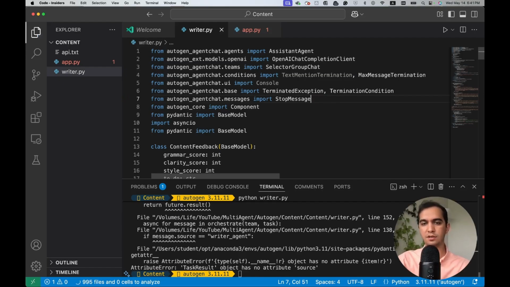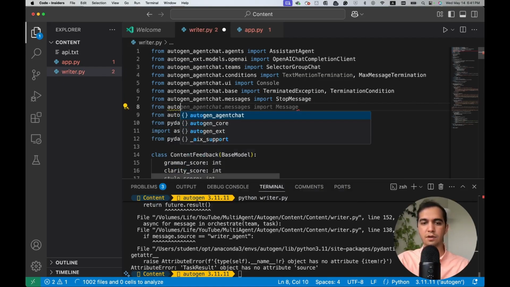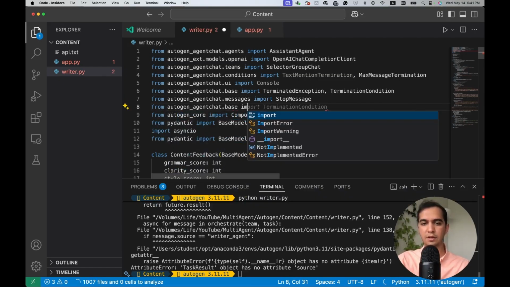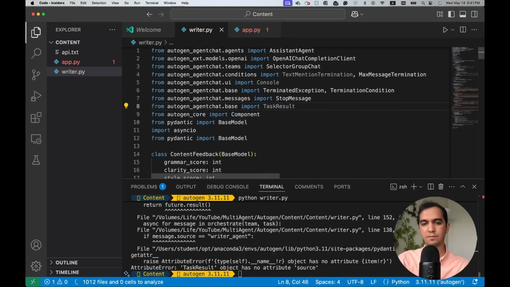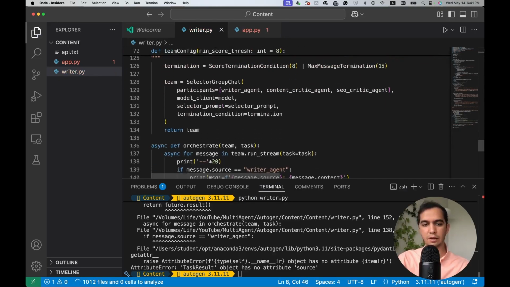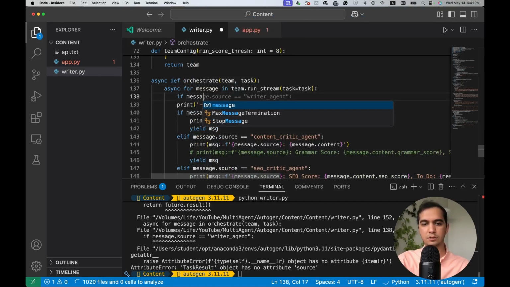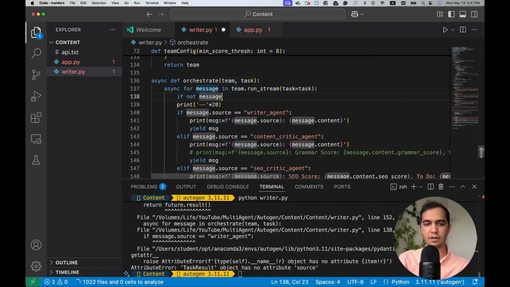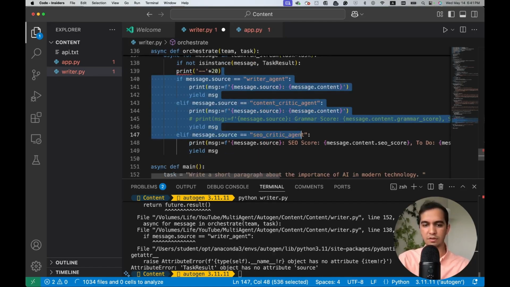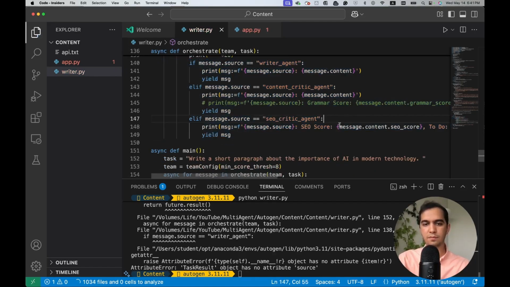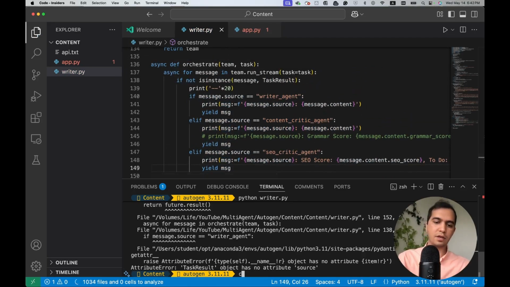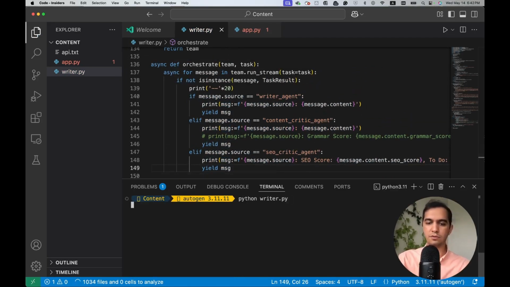This is another way. I can say from AutoGen agent chat.base import task result, and then here I can say if not, is instance message and task result. If message is not an instance of task result, then do this. Okay, so